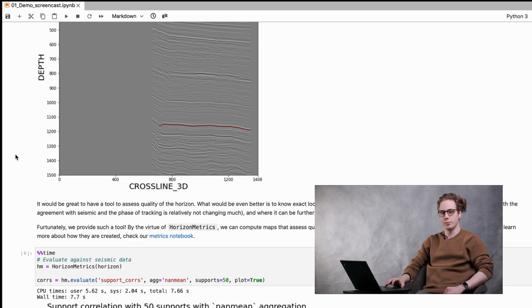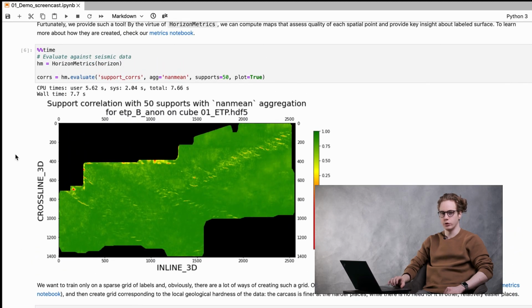But before that, we must discuss the method of assessing the quality of detected surfaces for either models or experts. Without a reliable metric, it is practically impossible to track progress of our neural networks. So we have developed a quality map that is computed by comparing each trace's labeling to a set of randomly chosen reference points. The greener, the better.